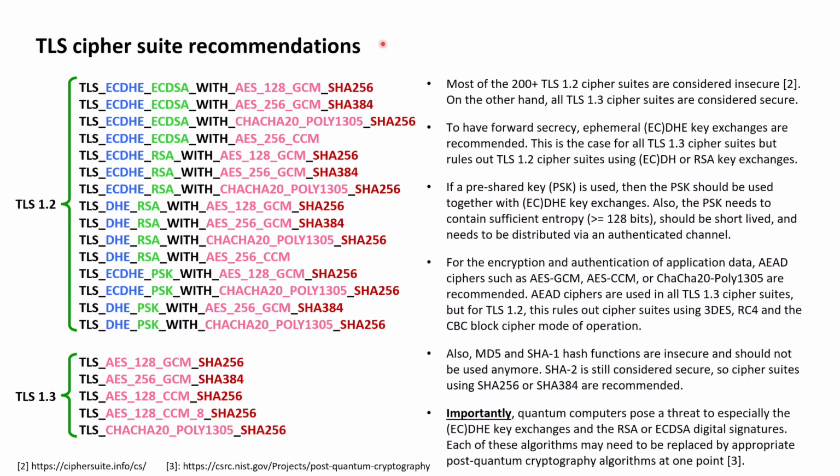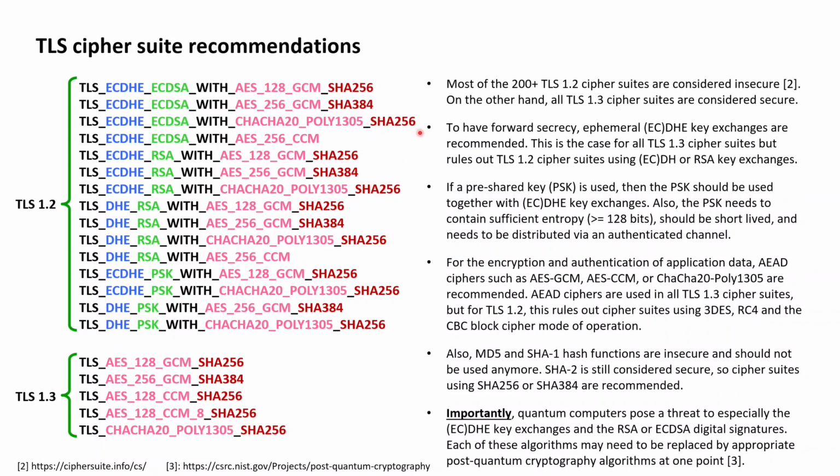Before we get started with the recommendations on TLS cipher suites, it's good to be aware that most of the 200-plus TLS 1.2 cipher suites are by now considered insecure. For TLS 1.3, this is the complete opposite, as all of its 5 cipher suites are nowadays still considered secure. Now, a first guiding principle to sort out insecure TLS cipher suites from secure cipher suites concerns